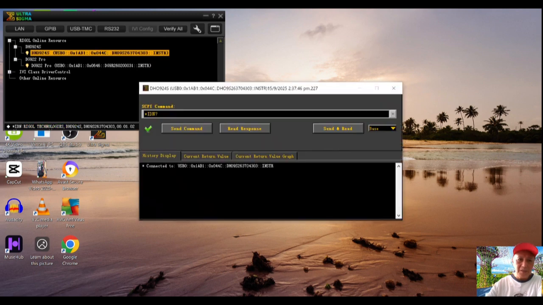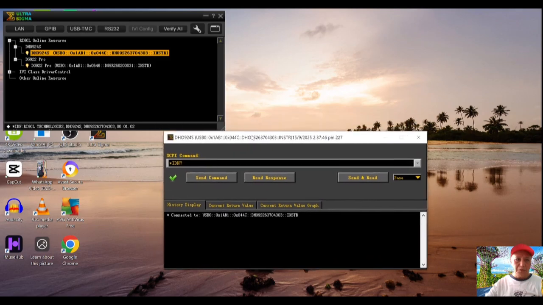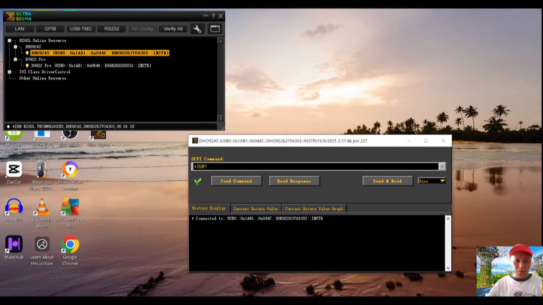Here you can type your SCPI command to control your device, but I'm not familiar with these commands, so I'm not showing them here. Here is just an example. You send and read, and then you can see the response here, and you type another command. For example, you set the amplitude, set the frequency, and you send. You can remote control this.